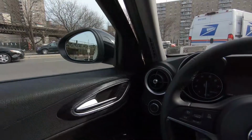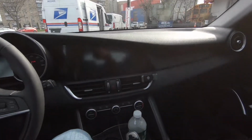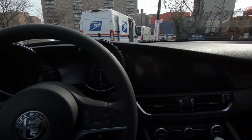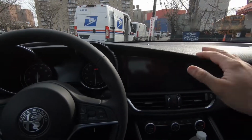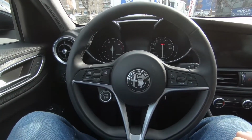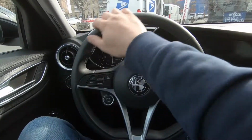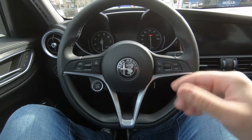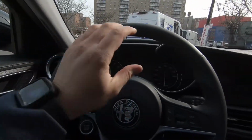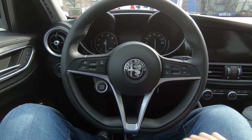And if we jump inside, you have this nice luxury feeling. This is a luxury car, and you can really feel the luxury aspect of it in terms of the design, the dimensions and the quality. You can also get a leather wrapped top portion of the dash for upper levels of the Giulia, which is of course going to be more expensive, as it has more premium aspects in the car in terms of the trim and everything. But my first impression of this steering wheel, when I first got this car, was really nice. There is not a big bolstering on this steering wheel, but still you have 10 and 2 notches, and even though it's a base steering wheel, you still have a nice